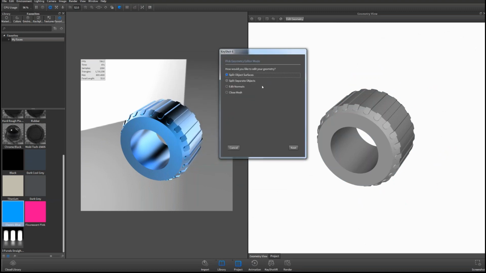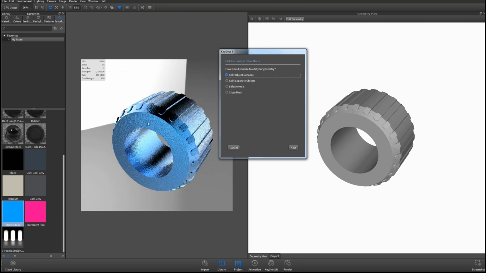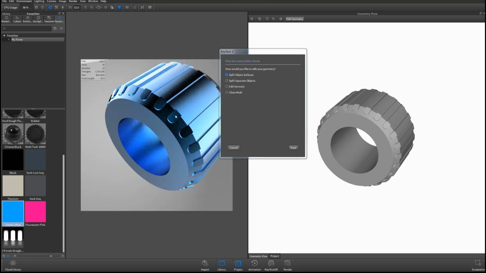Let's say I'd modeled in Rhino and I had 2 parts on one layer and forgot to change that. Well, now I could break those into 2 separate pieces of geometry within the same layer. You can edit your normals, so you can smooth your normals on a surface, and you can also close meshes. Let's talk about splitting the surfaces, because here, what I want to do is make it so that all of these little nubs are going to be a different material.